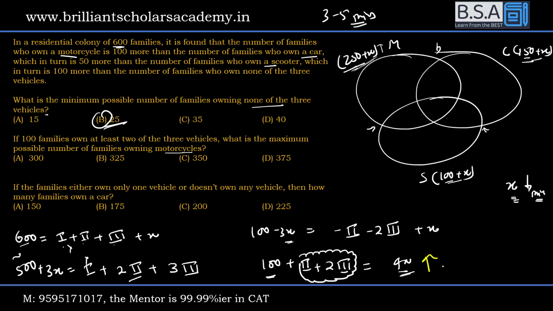अब वो कैसे करेंगे? Families that own at least 2 vehicles, मतलब रीजन 2 और रीजन 3 दोनों मिलाकर आपसे कह दिया 100 है। अब देखो यहां पर भी आपके वही दोनों वेरिएबल फंस रहे हैं। अब सोचो अगर मैं वो 100 को यहां पर रखूंगा तो ये बन जाएगा 300 डिवाइड बाय 4, 200 डिवाइड बाय 4, 50। अगर ये वाला 100 मैं यहां रख दूंगा तो ये बन जाएगा 200 प्लस 100, 300।